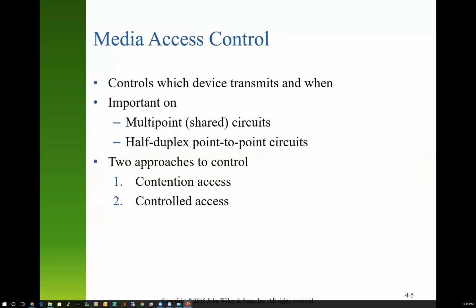I know there's multiple channels on wireless, but let's pretend there's just one channel for purposes of clarity. So because of that, we have to have a way to control that, and that's what the data link layer does. That's the hardest concept for people to understand about this layer. It has to control the media.